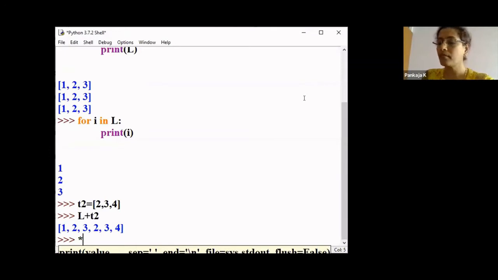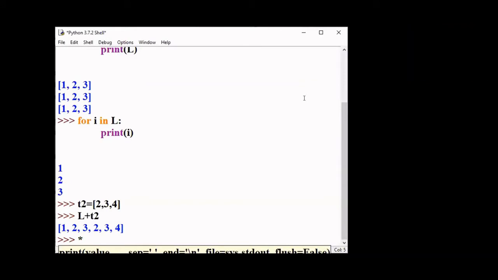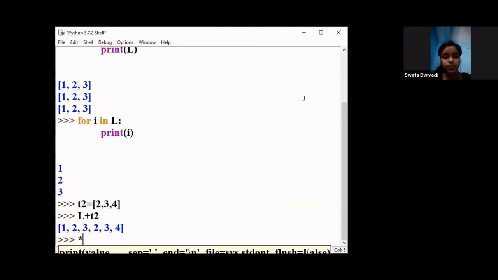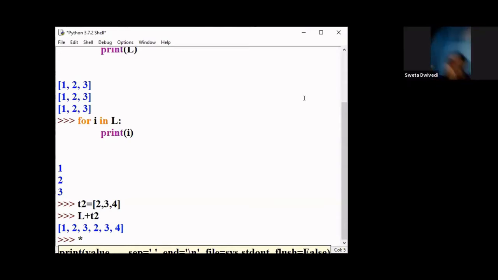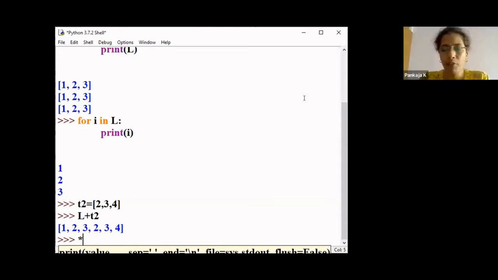Next, we have already seen in a list, we have seen 3 different types of removal. T dot pop we have seen, and pop can be operated in 3 ways. If you don't pass any parameter, by default the last element will be removed. If you pass a parameter, then that particular element will be removed.